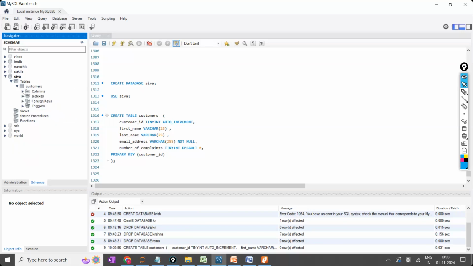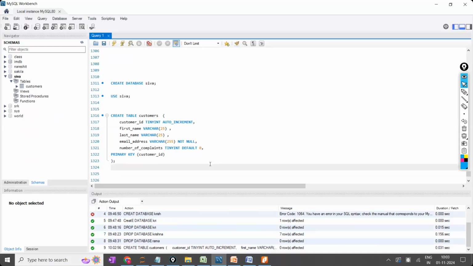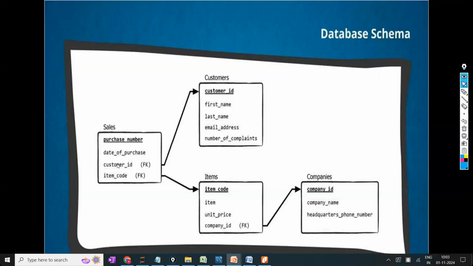Okay. Now, one table was created, completed. Now, let us see the foreign key. Let us add one more table. Open your ER diagram again. In the ER diagram, now I'm going to take the second table, the child table, this one. Now, let us connect these two.